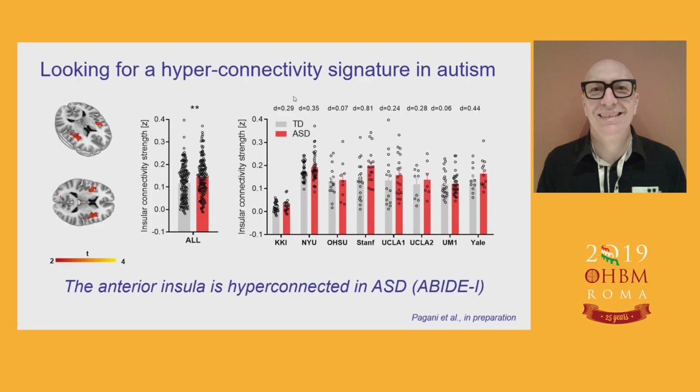Now, let me very briefly recap the story so far. So, David Salter said, post-mortem, a lot of spines, and many of these spines are associated with this mTOR hyperactivity. So this is a prominent effect in humans. And so we said, okay, there must be some signature of this hyperconnectivity that we found in the mouse, because we demonstrated that this signature means hyperconnectivity. We looked for it, we used degree weighted centrality, and we found two foci in insular regions, right? And this is in ABIDE 1, basically, in children.